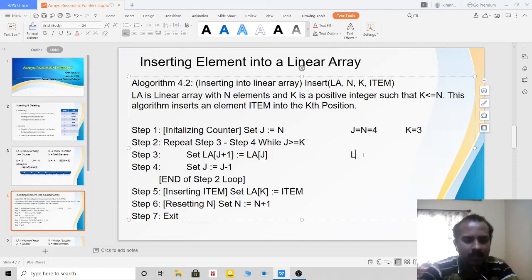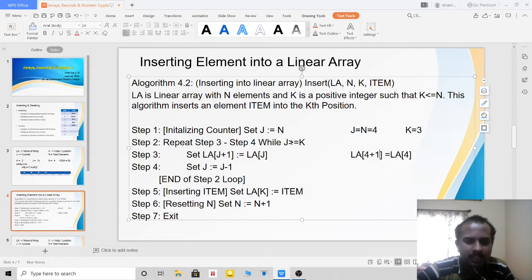That is LA of 5 is equal to LA of 4. Why LA of 5? Because LA of j plus 1. What is the value of j? J value is 4. That is 4 plus 1. So it is 5. After that what I am going to do? After that I am going to decrement the value of j. Now j value is 3.